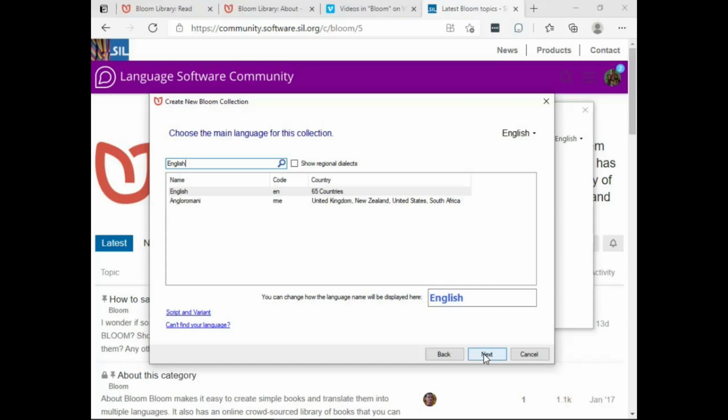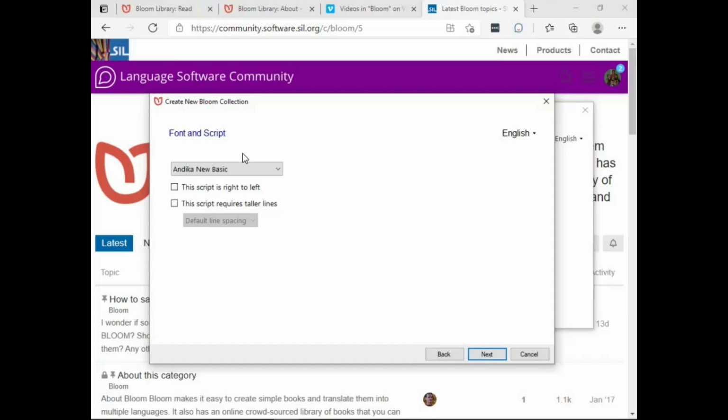You might want to put that in there. So I'm going to click next, and then you pick your font. Andika is a typical English literacy font. I'm going to keep that, but if you were to use Thai, you would want some Angsana or Lawa or whatever, or sorry, Leelawadee or some other script. Important to know that in Southeast Asia, anyway, if you need more spacing between the lines, there's this checkbox here, and then you can click default line spacing. You can make it 1.5 or 2 times as big, depending upon what you want it to be, and you can go back and change that later. But I'm going to leave it. I'm going to uncheck it